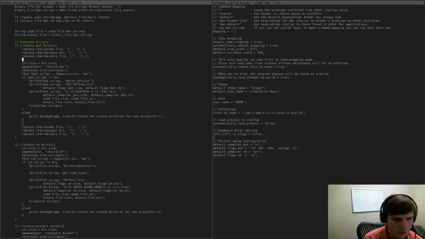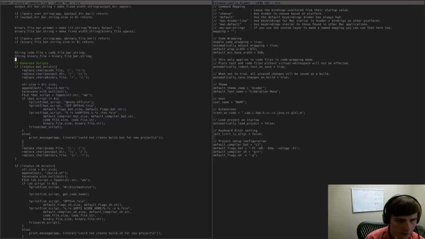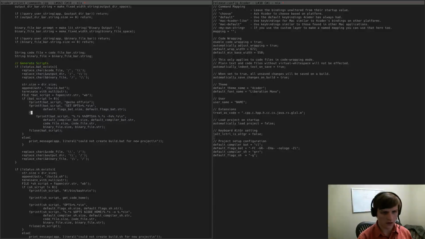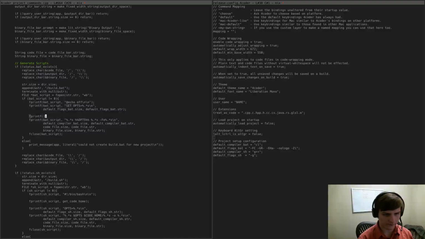Let's get done before the beginning of 1 p.m., before 1 o'clock comes around, so 20 minutes. Output directory, there we go. We set that thing, and then we're going to fprintf batch script pushd dot star s output dir size, output dir string,